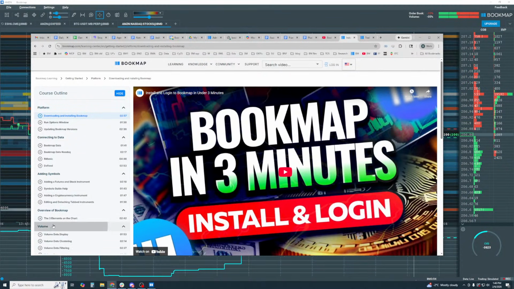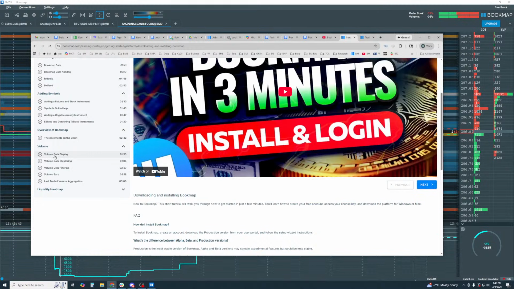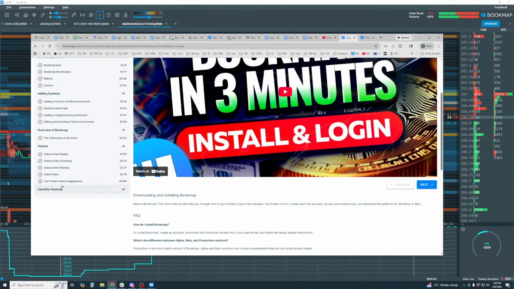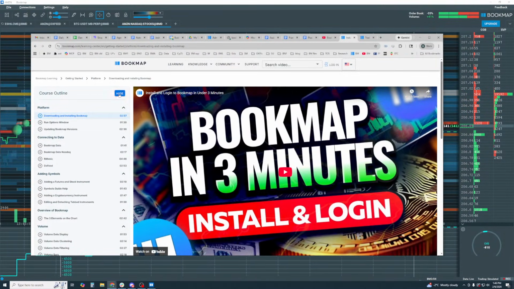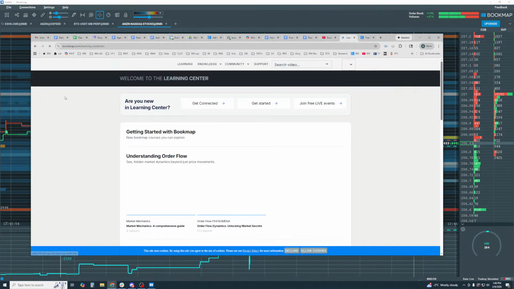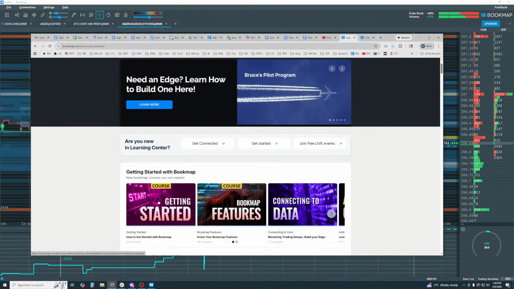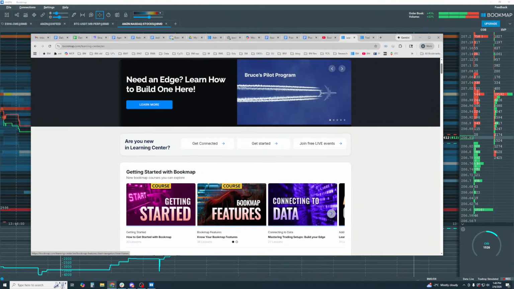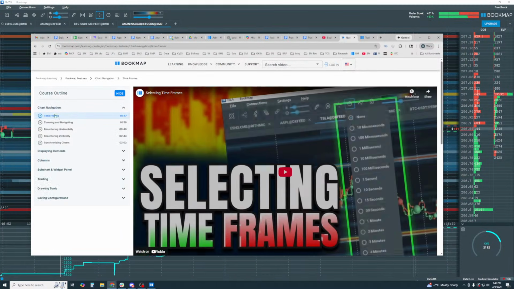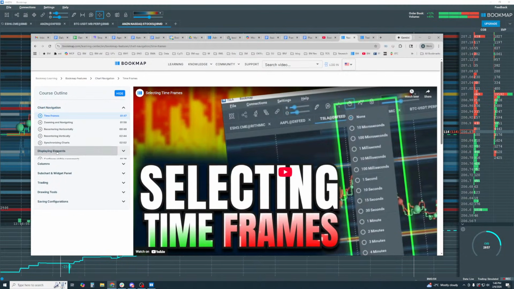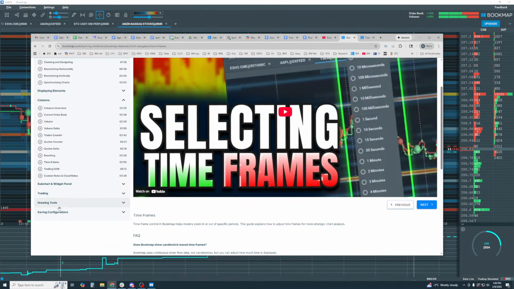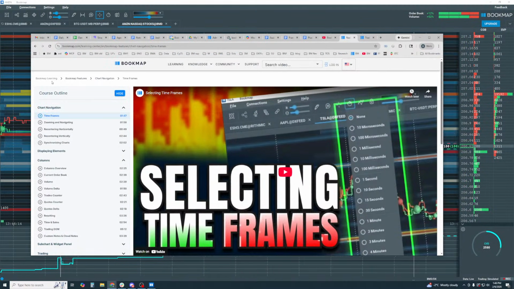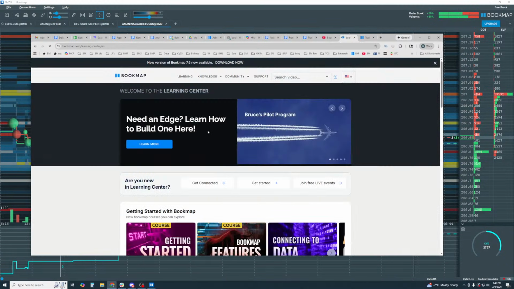There's an overview of Bookmap. Also, we go into details about the volume dots, the clustering and the filtering, and we also go over the liquidity heat map in here, okay, and the settings, etc. All right, so this is the onboarding basically, and start here, and this will answer your questions. The next one would be the features. Click on this, go through the different features in here, how to navigate the chart, how to display elements, about all the columns in here. You can see very short videos will answer your questions. All right, so everything is pretty much covered here or in the knowledge base, as I showed you earlier.